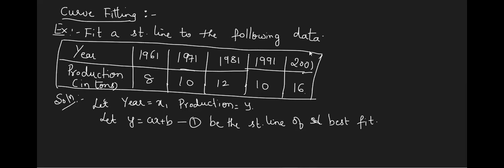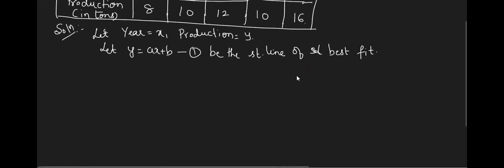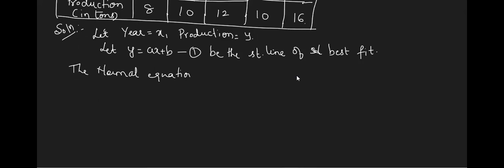Now for this equation, what we need to do is we are interested in getting what values? Is it x and y? A and B. So for that, we have to form the normal equations. There are two unknowns, so let us write two equations. Tell me what is the first one. Just put a summation for this.